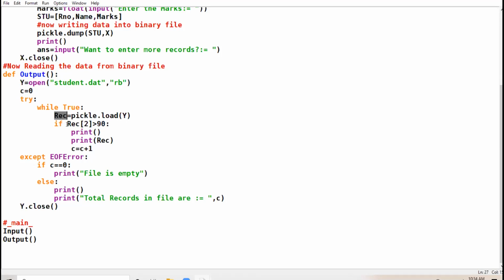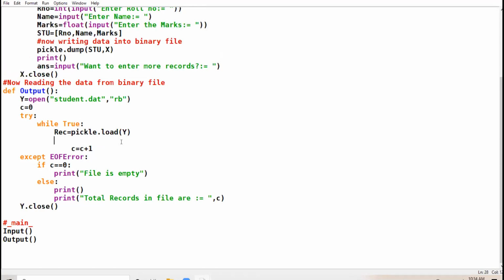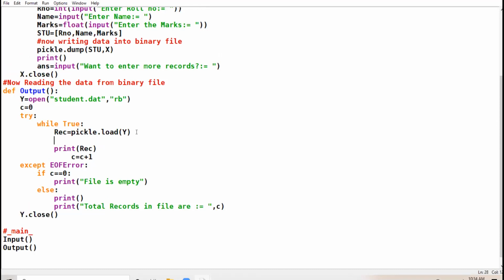Okay. Now here, see. First of all, I'll be just printing all the records which I have in my file. At the initial stage, I'm just reading the records of the file. As I am reading the records one by one, the C variable keeps on incrementing.